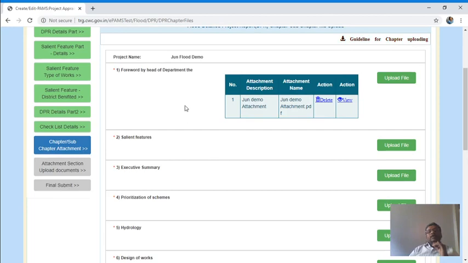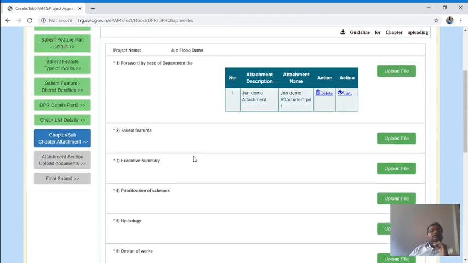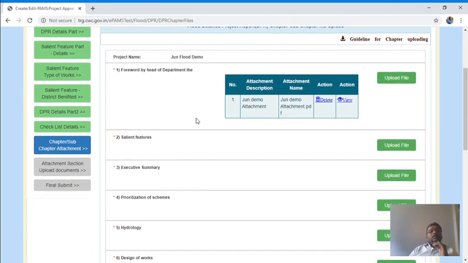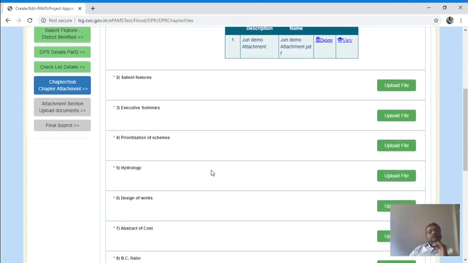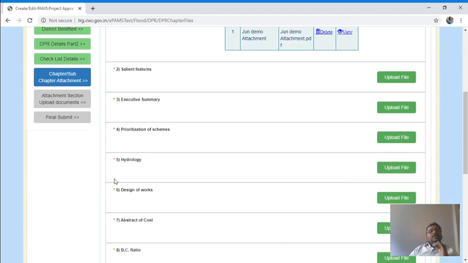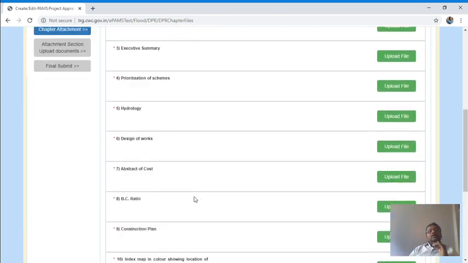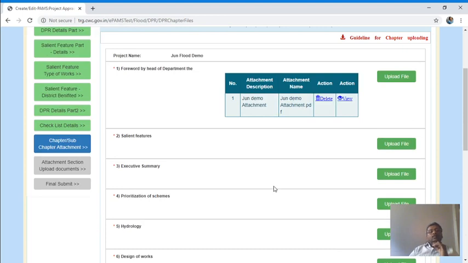This is the chapter wise attachment. You can see here forward by head of department, salient feature, executive summary, prioritization of scheme, hydrology, design of work. There are so many chapters. You have to upload the chapter wise attachment here. You can add multiple attachments against one. Here I have added one.